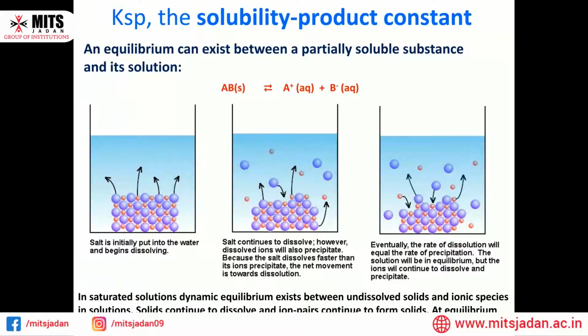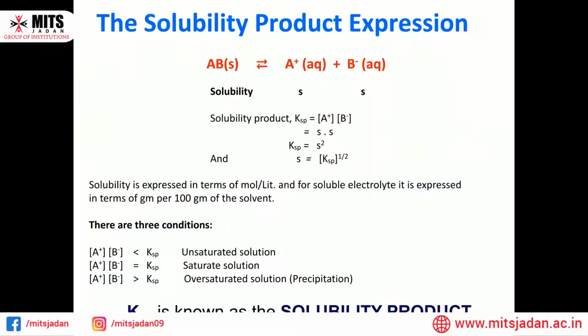In saturated solutions, dynamic equilibrium exists between undissolved solids and ionic species. In solutions, solids continue to dissolve and ion pairs continue to form solids. At equilibrium condition, the rate of the dissolution process is equal to the rate of precipitation. In our next slide, we will get the expression for solubility product. Suppose a sparingly soluble salt AB dissociates to give cation A and anion B in the aqueous medium at the